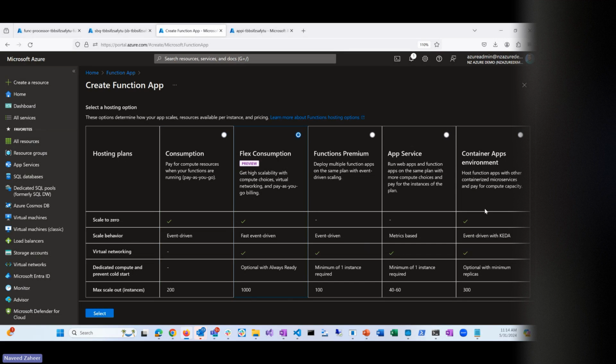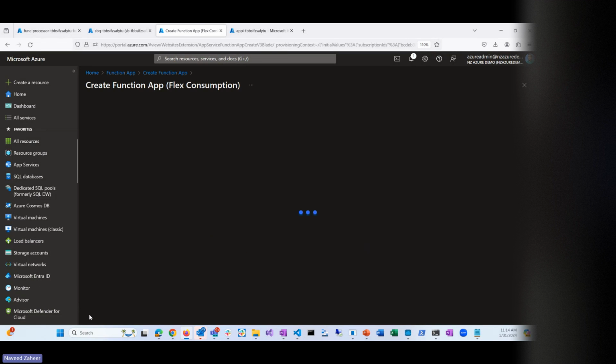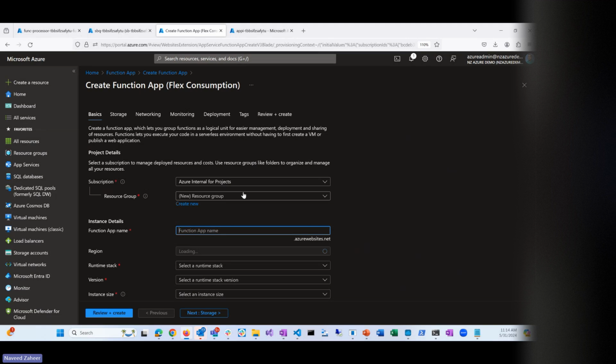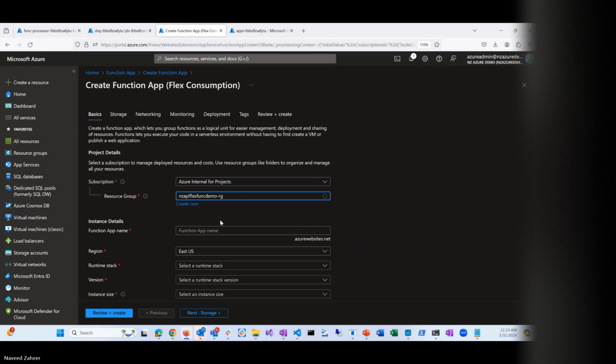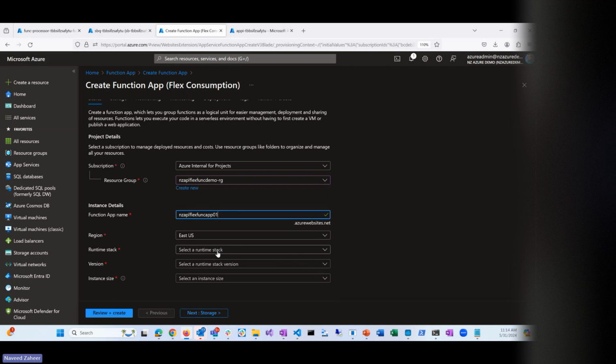So let's say we're going to say flex consumption, and with that, let's move on. And now it will ask us the resource group name. So let's say we pick a resource group demo, and then we call it run. And then you will select a region, and then what you're going to do is you will be